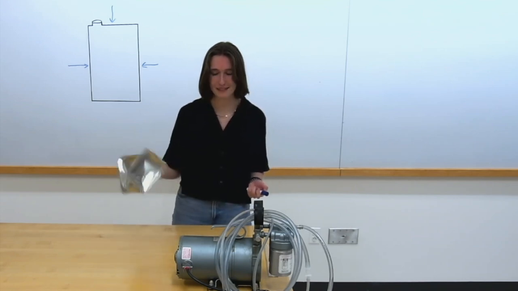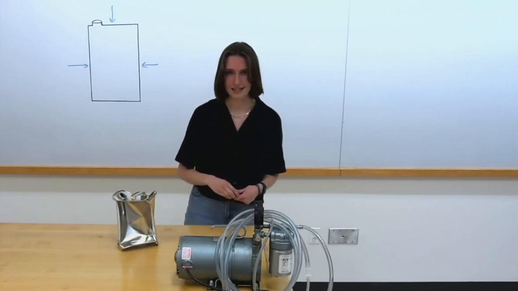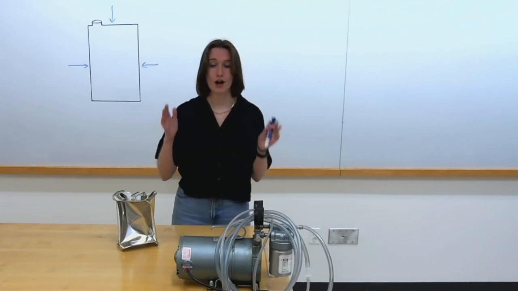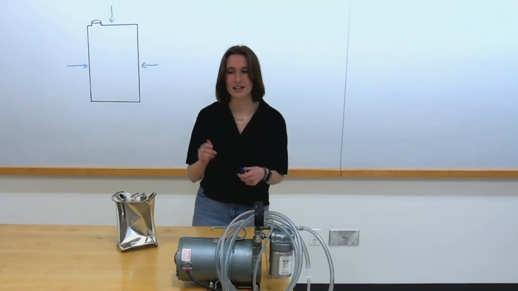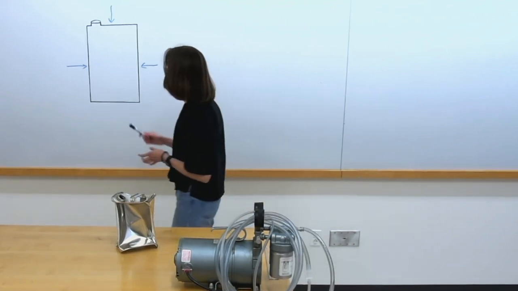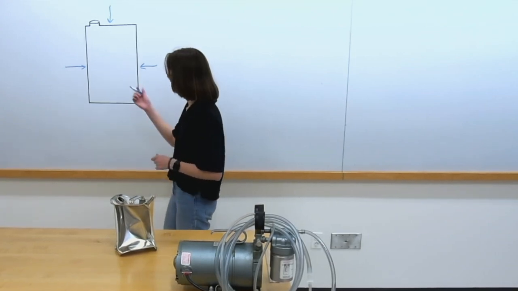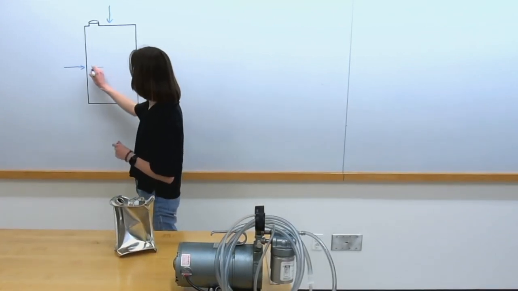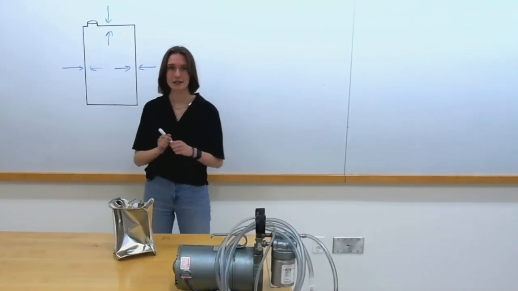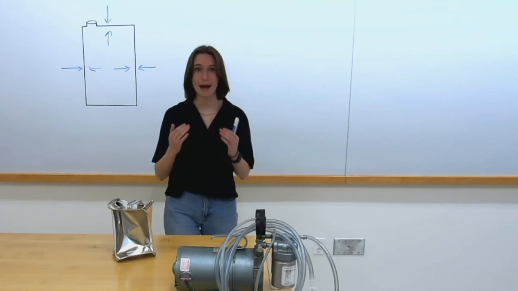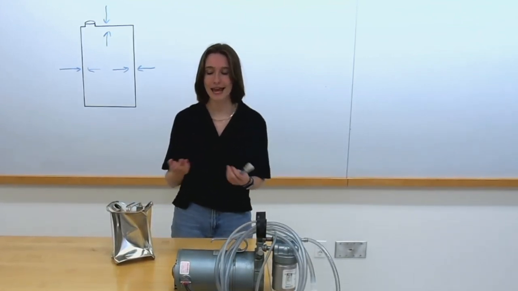So what happened here? Well, when I was standing on top of the can, sure, there was air pressure from the outside pushing inwards, but there was also air inside of the can. This air inside of the can was bouncing around and caused an air pressure pushing outwards. This outwards air pressure balanced the pressure pushing in, and as a result, the can was able to